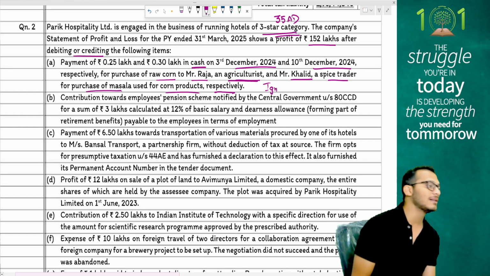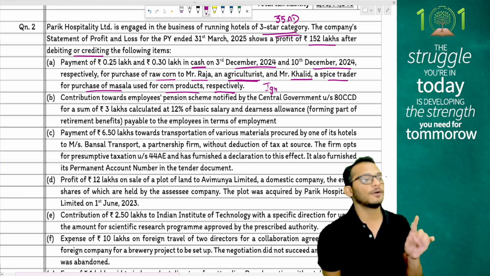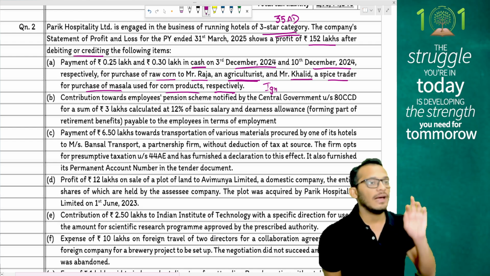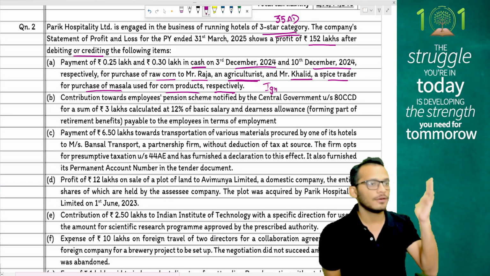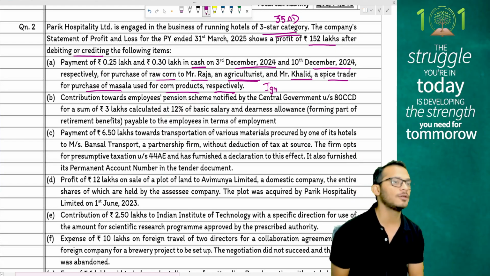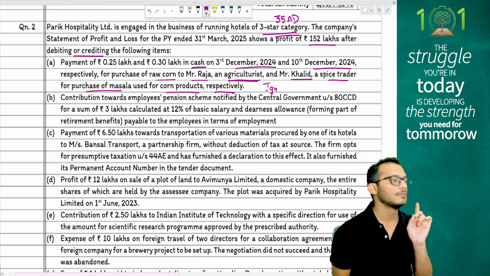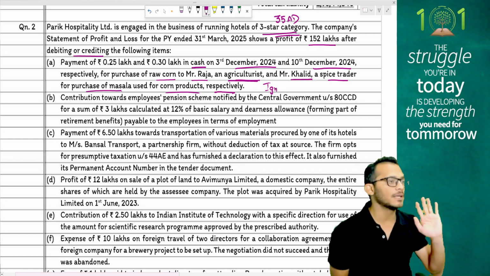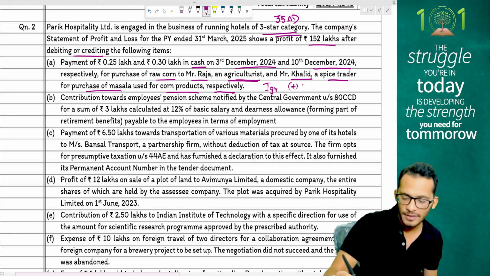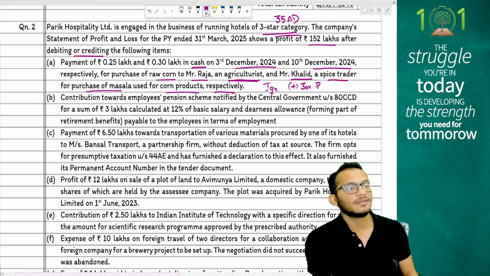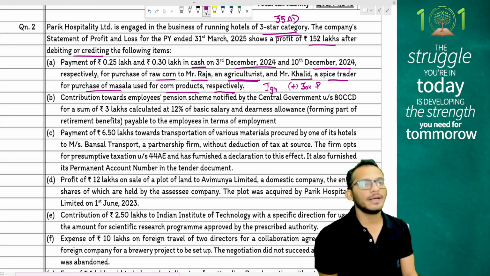Coming to Khalid, people. Khalid is a spice trader. People, the exception is only for farmers, and we wrote it in a blue box. The blue box says any trader or middleman is not allowed. I have made a payment to a trader which I should not make. It is there in P&L, and it should not be there in P&L. Therefore, disallow. How much? 30,000. I am doing it in PGBP. I am disallowing 30,000 in PGBP. Yes, that is what I was talking about, people.